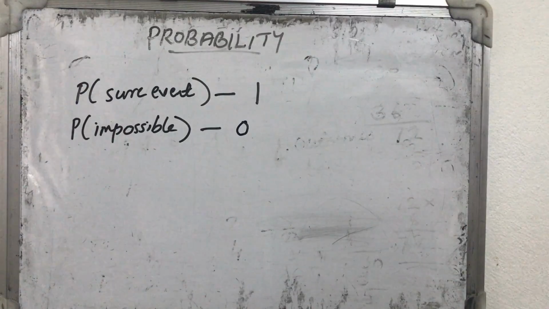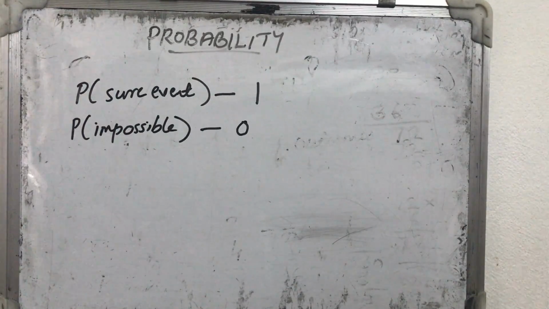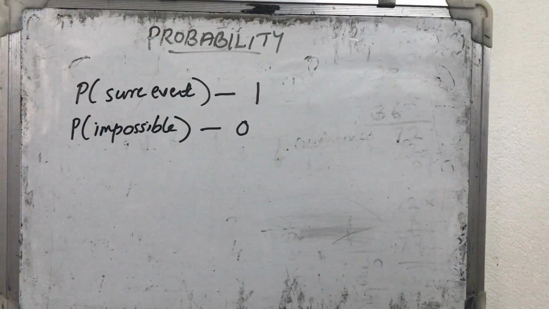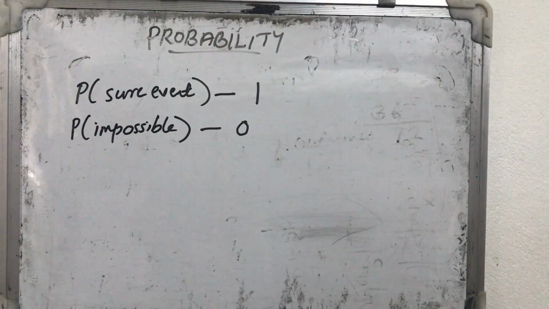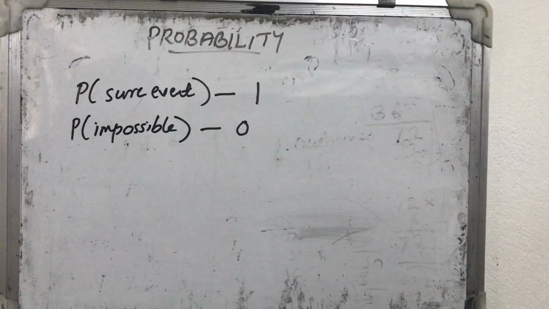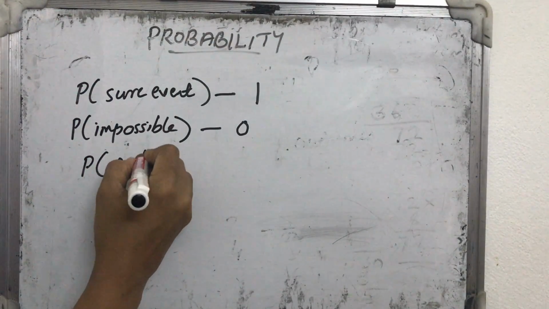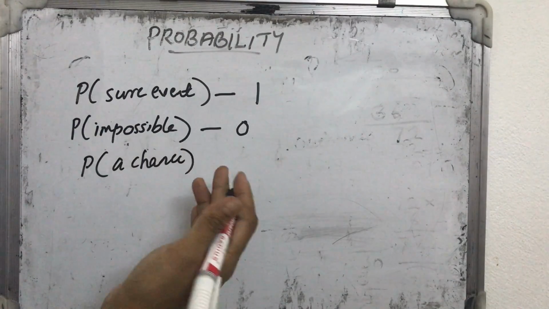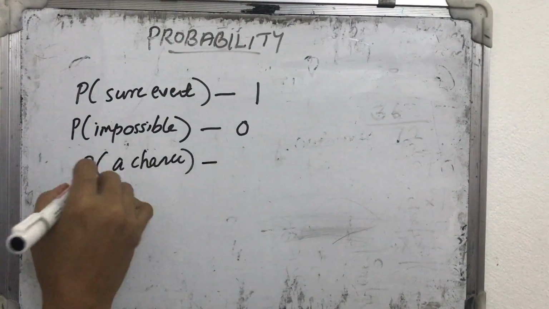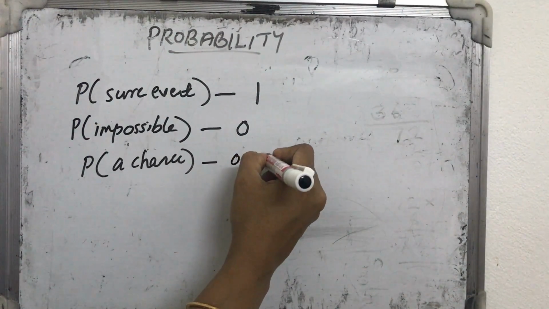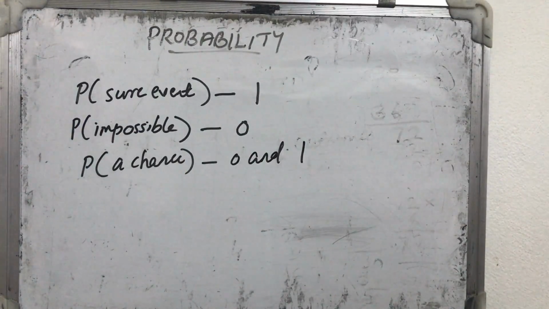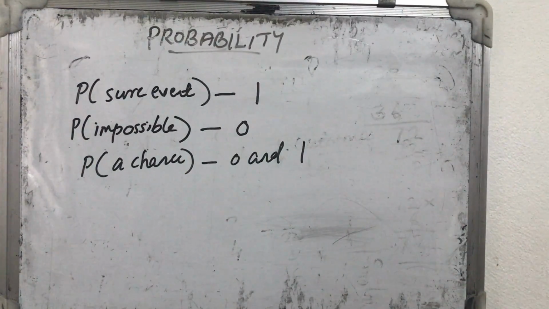Okay, and the other case is where we have not predicted early. It may happen or not. That means the probability of a chance event. What is its probability? That lies in between 0 and 1. There is a chance to happen or not happen, so their probability always lies in between 0 and 1. Okay, now we have some other examples also that we can discuss later in the class. Okay, thank you.